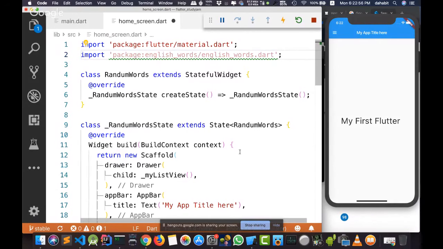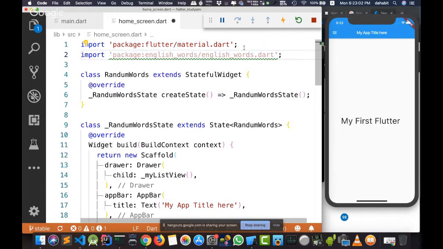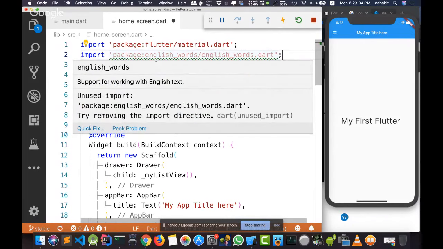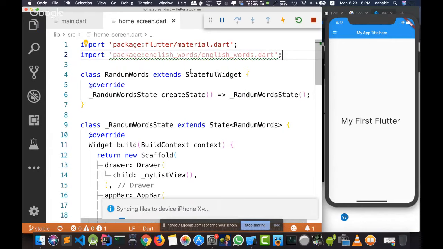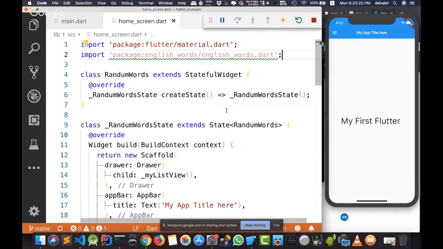But I don't want you to worry about this, because as we said, Dart has tree shaking. Even if you didn't use this imported package, Dart will automatically remove it when you compile your application to native code. So how do we use this package? We'll go back to the CodeLab and see how to use it.